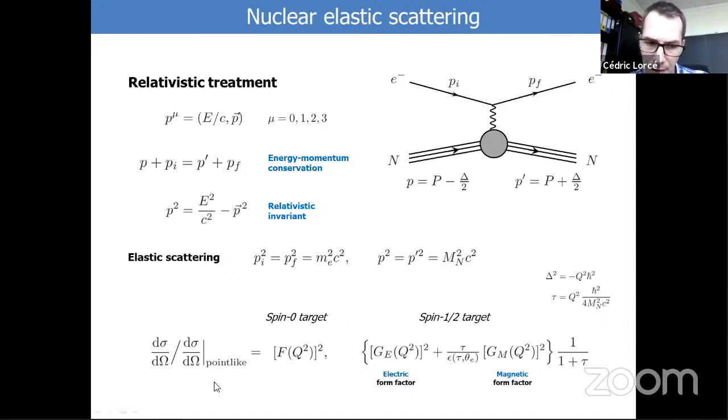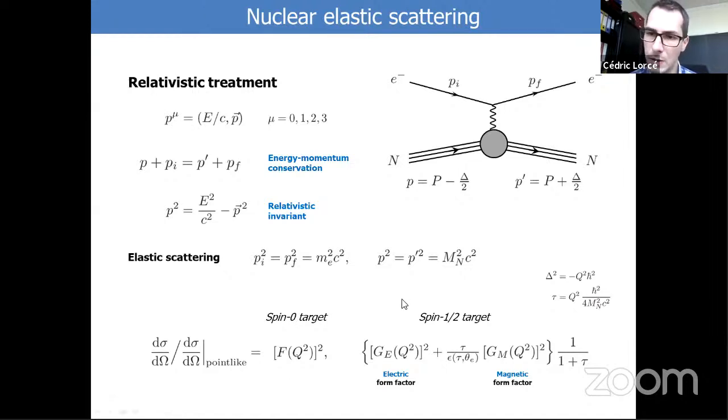So for spin zero targets, the ratio between the total cross-section and what you would expect for point-like targets is given by a function that is a Lorentz invariant function. It's the same for any frame. So it's very nice because we are not required to go to a certain frame to have that object. We can do it in any frame and you get always the same quantity. And for spin zero target, which is the simplest target, it's just one function.